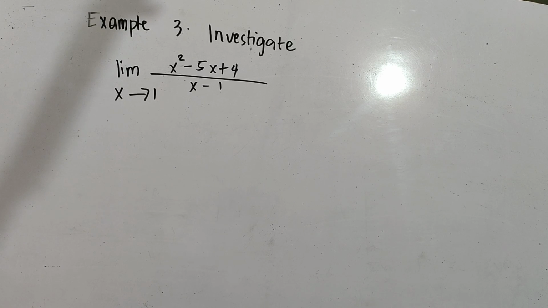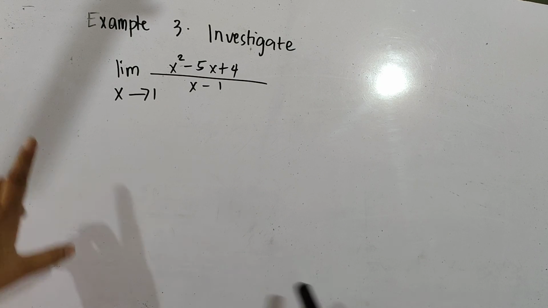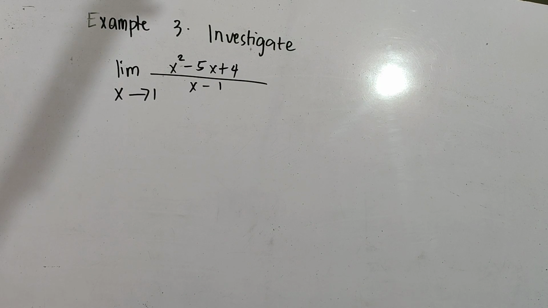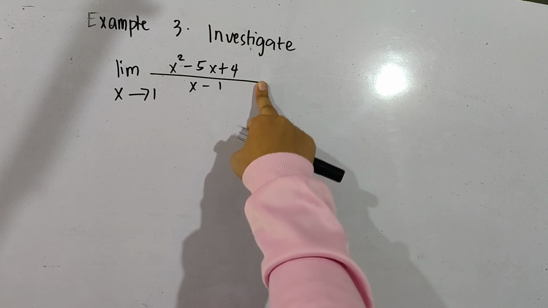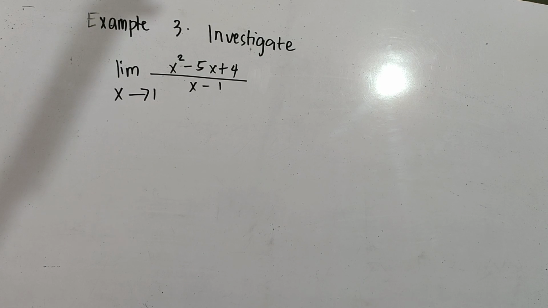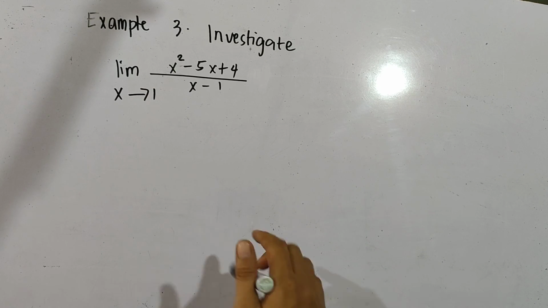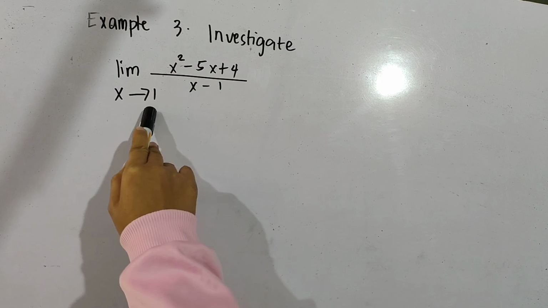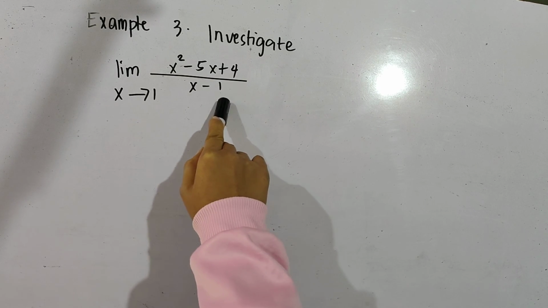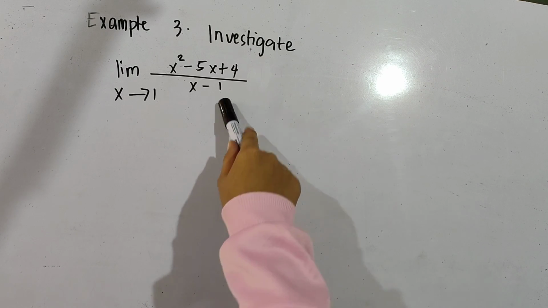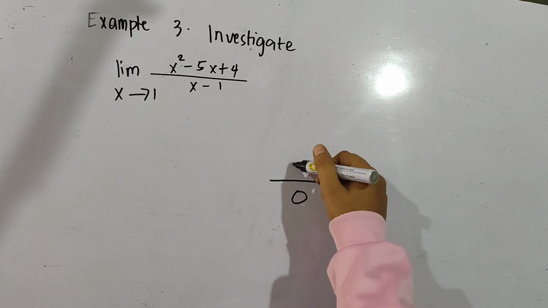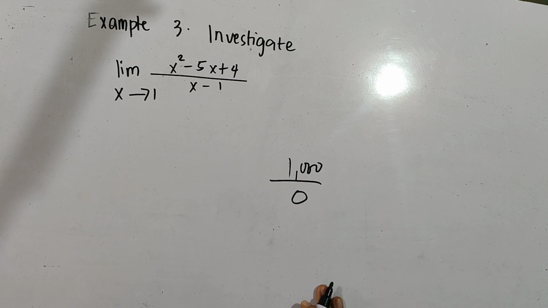We have another example, example number 3. Investigate the limit of x squared minus 5x plus 4 over x minus 1 as x approaches 1. This one is a bit harder because it is a fraction. The first thing we will do, because we cannot have the denominator be zero, is substitute the value of x, which is 1. So 1 minus 1 is equal to 0. So the limit cannot be equal to 0. Always remember that when the denominator is 0, even if the numerator is 1 million, it is still undefined. So the first thing we do,